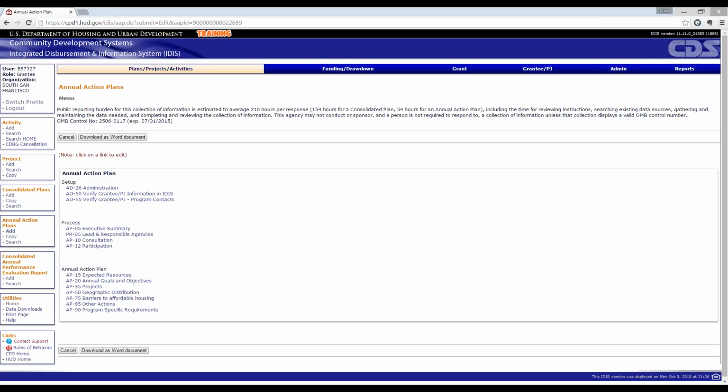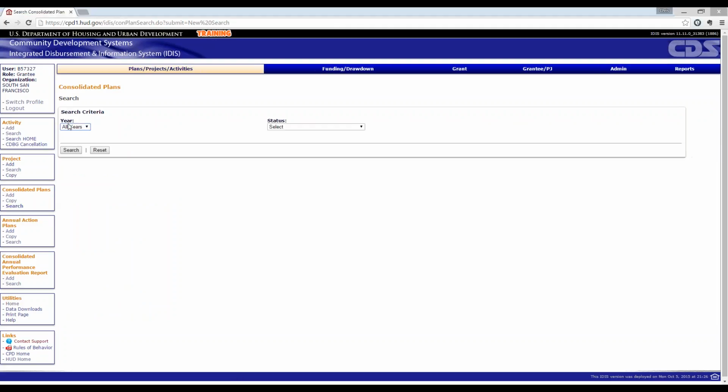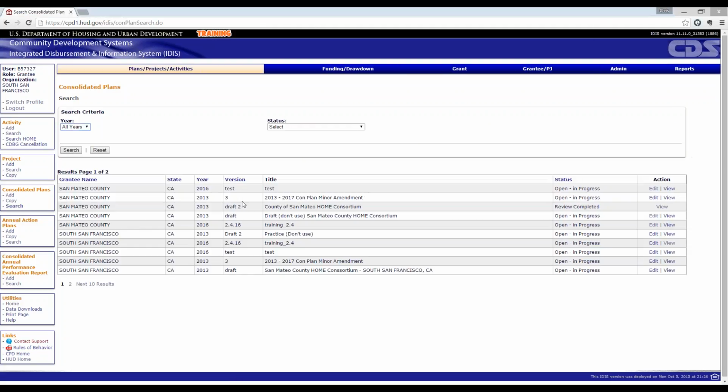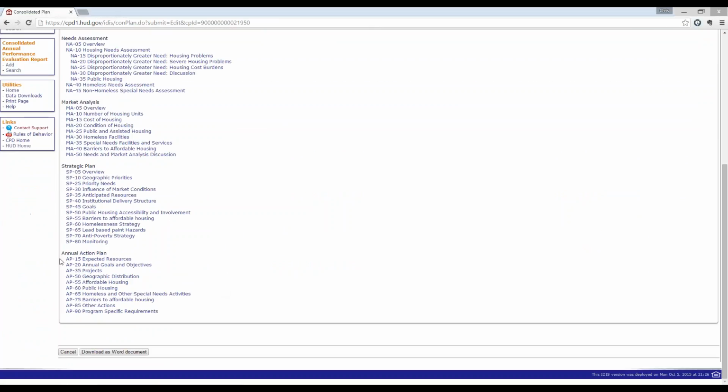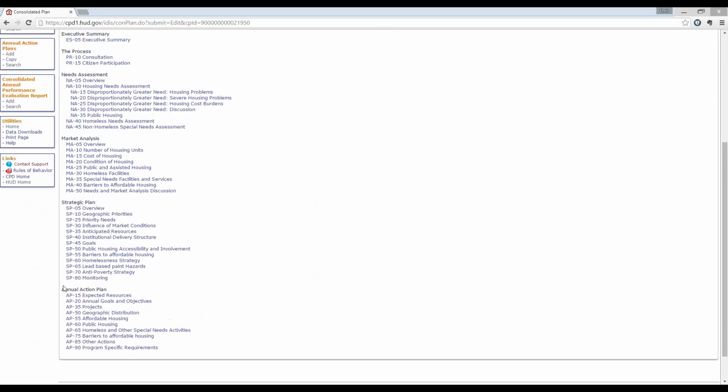This is a great question. I think especially so many of you are beginning your year 2 action plans, it's worth reviewing exactly how to do this. So as you noted in the question, your year 1 action plan is embedded in your consolidated plan, right? So here we'll pull up our version from today, and we'll note down here at the very bottom, our year one action plan is embedded in that consolidated plan.